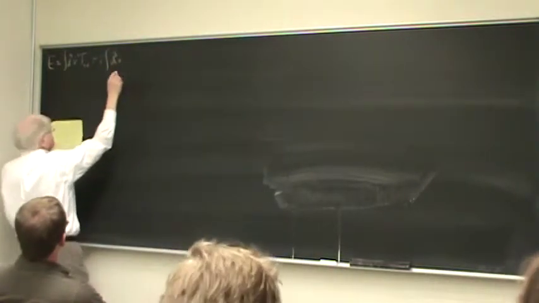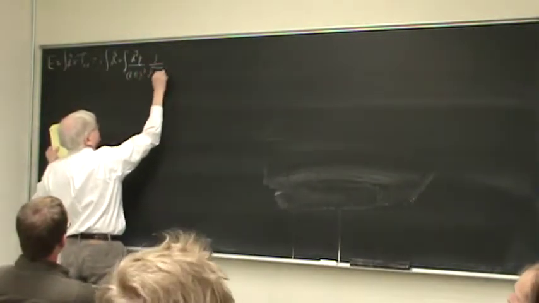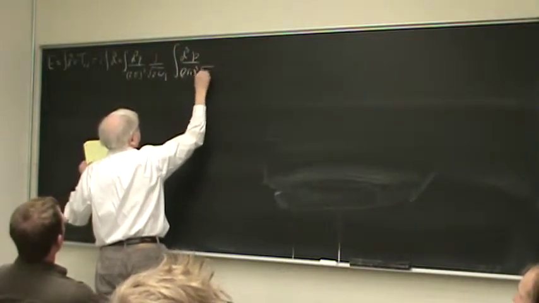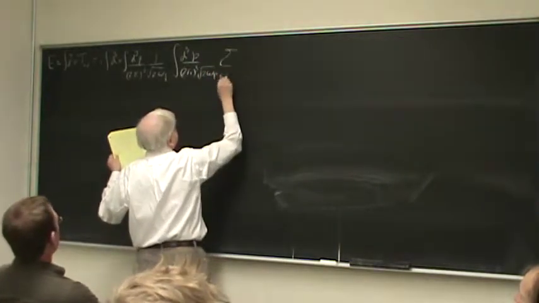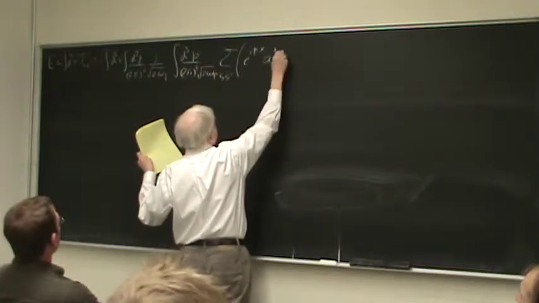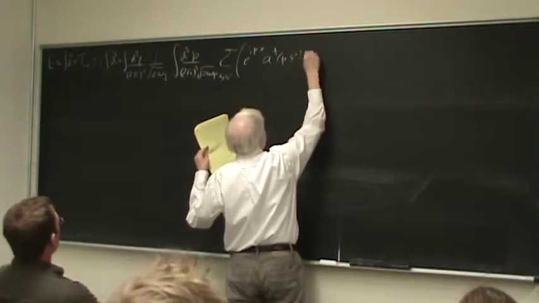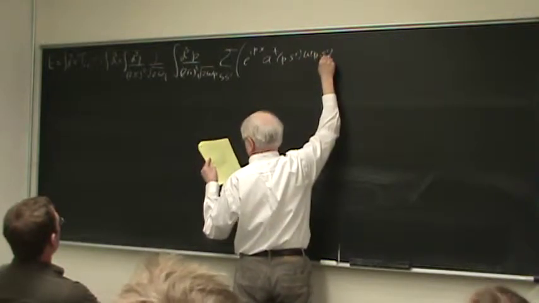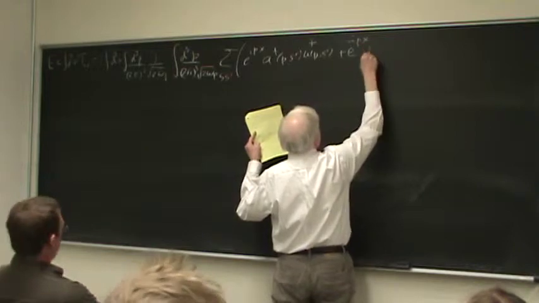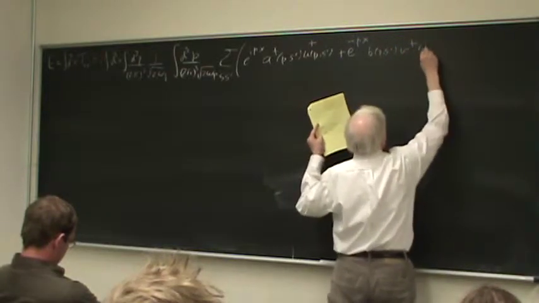Integral d^3x, integral d^3q over (2π)^3, 1 over the square root of 2ω_q, integral d^3p over (2π)^3, square root of 2ω_p, sum on s and s', e^{ipx} and then we have a†(p,s') u†(p,s') plus e^{-ipx} b(p,s') v†(p,s'),